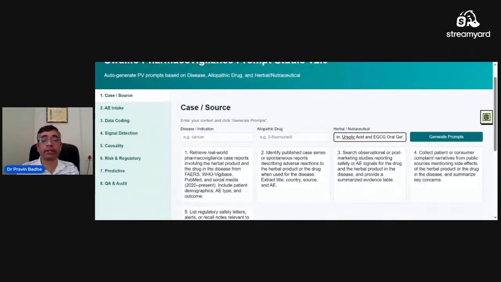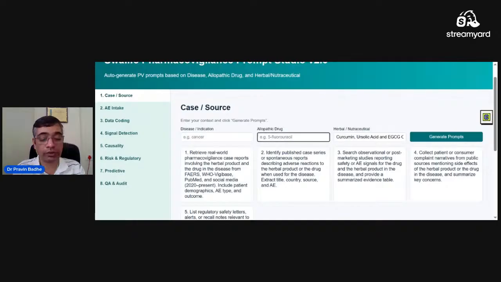Now, with allopathic drug, those who are doing the pharmacovigilance project, you can add here, but if you don't add, it is still fine. But I will suggest that definitely you add fluorouracil for oral cancer. So if we change the disease, the cancer category or diabetes or anything other, we will have the allopathic drug